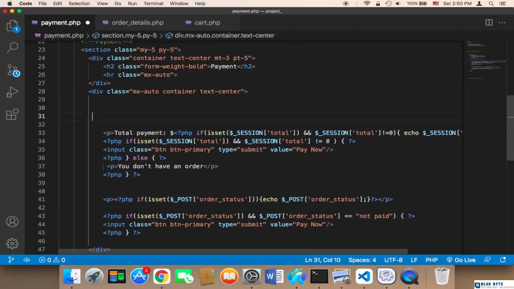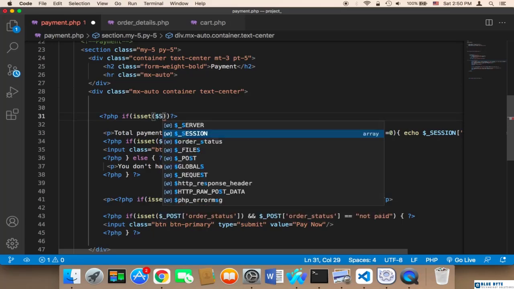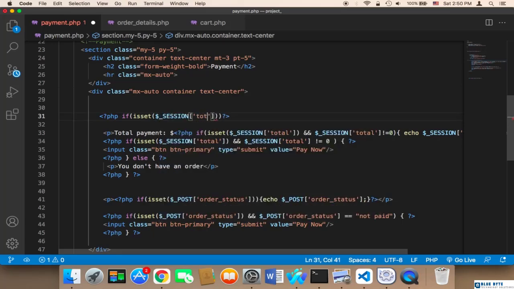To fix this problem, we need to establish a strong logic here. So here, in order to do this, we need to revisit our code here. And to do this, I'm going to open a PHP script, and then I'm going to say first here, if is set, and then session, if the session total, if we have something in the session and that session total is not equal to 0 or is not empty. If it's not empty, you can say not empty or not equal to 0,